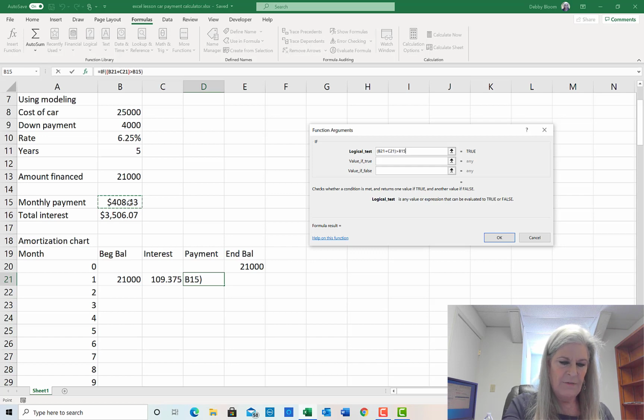So I'm going to hit my FN and then F4 to change that to B15, because again, we only have one payment. So is the amount that we owe greater than the monthly payment? Well, if it's true, then our payment is just going to be the monthly payment. So click in the value of true box, click on cell B15, and then once again hit that F4 key,